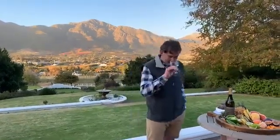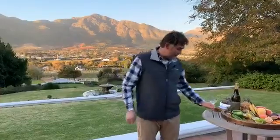Okay, and once you've opened the wine, how long on average can you keep a white or red wine open until it's not drinkable anymore? That's also an interesting one. Obviously, it depends on, so we might be getting a little bit technical now, but if you've got any wine savers, so a lot of people, if they don't want to drink a whole bottle